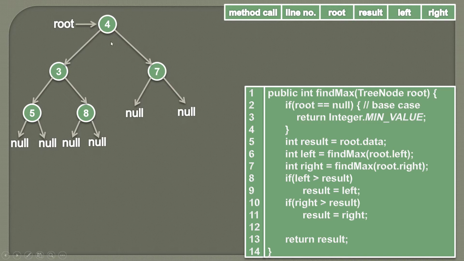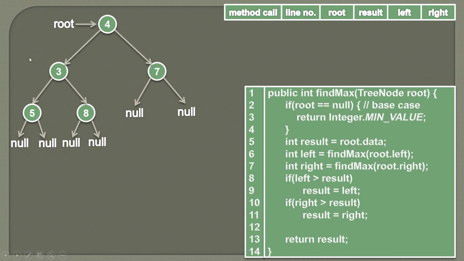So here the idea behind finding the maximum value in a binary tree is, let's say we know the value of root and we know what's the maximum value in the left subtree and what's the maximum value in the right subtree. So we can simply compare the maximum value of the left subtree with the root's value, and then we can compare with the maximum value of the right subtree, and we can come to know what's the maximum value among these three values. So this idea can be applied on each and every node recursively.